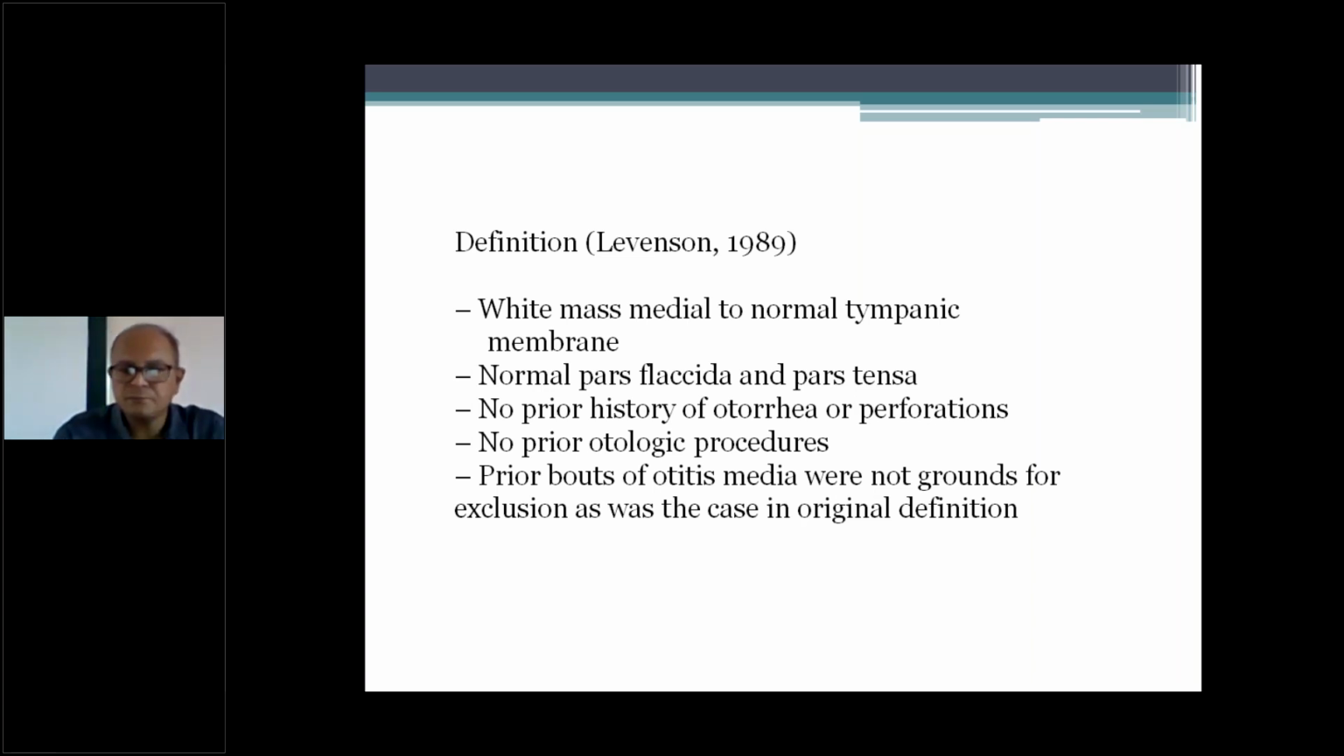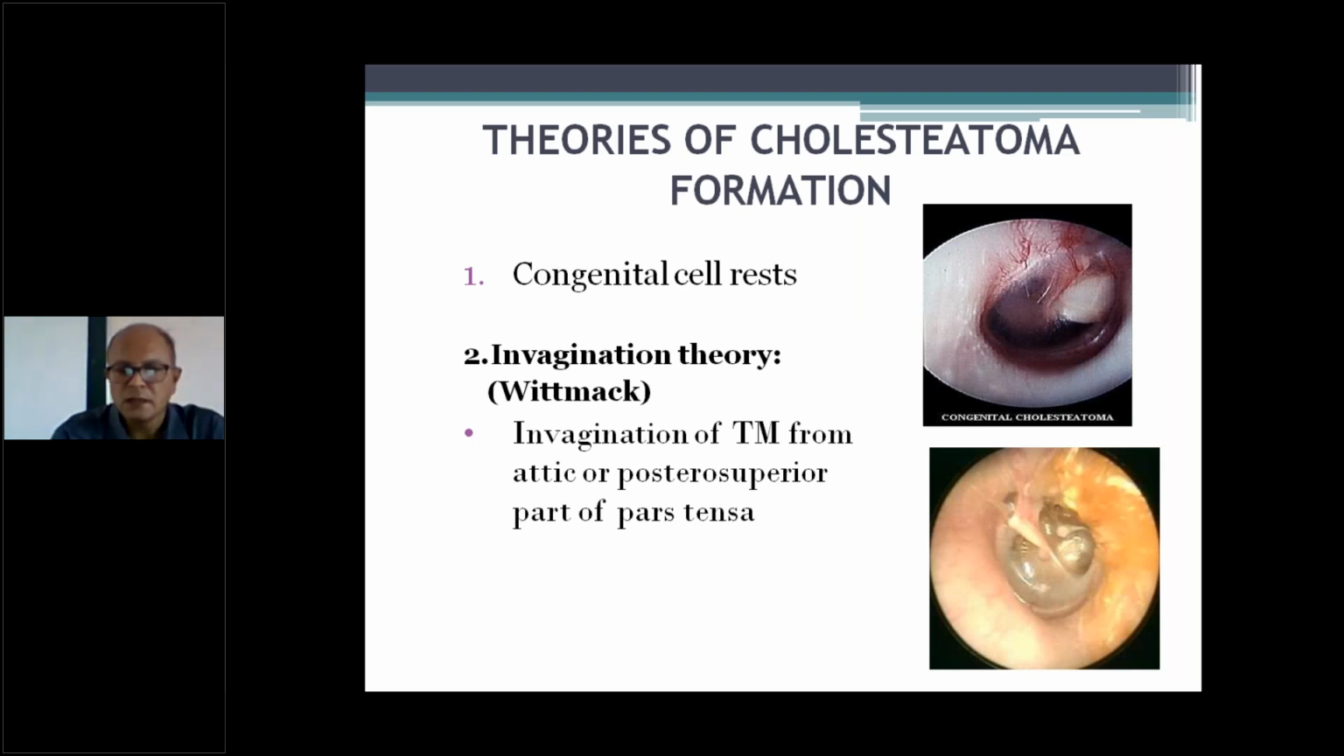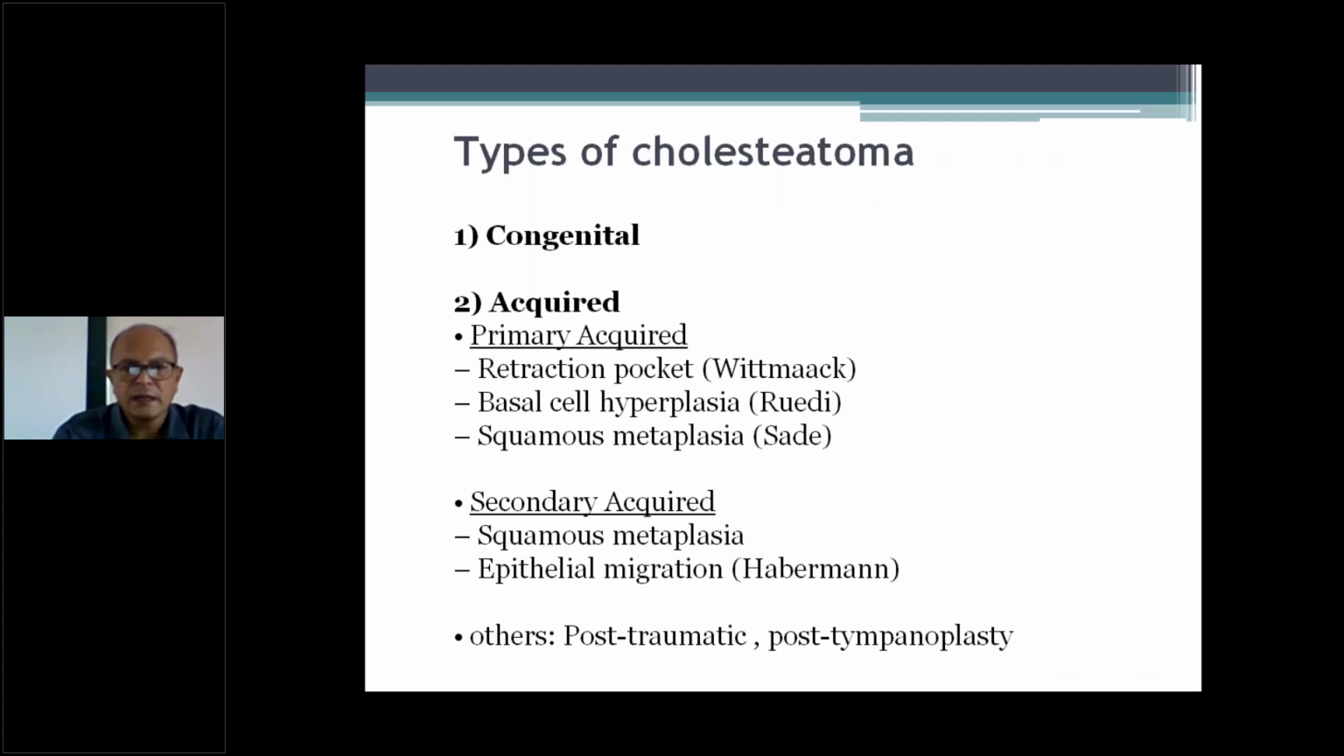Okay. Now, these I think we have covered. Another classification you can say is pars flaccida cholesteatoma and pars tensa cholesteatoma. Now, pars flaccida cholesteatoma is very common, and it is based on the retraction pocket theory by Wittmaack, and basal cell hyperplasia by Ruedi. Whereas epithelial migration and squamous metaplasia, these two particularly are seen